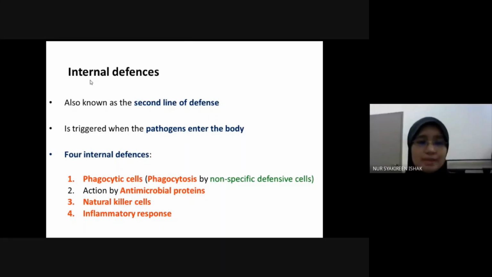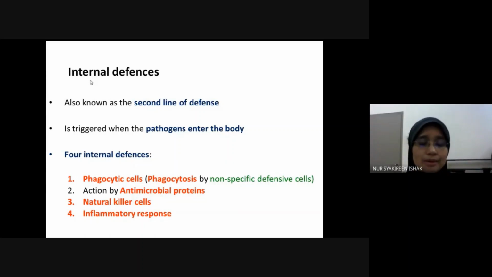Okay, so you have several different types of phagocytic cells. You have neutrophils, for example, eosinophils, macrophage, and also dendritic cells. And then the second internal defense is antimicrobial proteins. Okay, so actually kita akan tengok nanti. So basically,